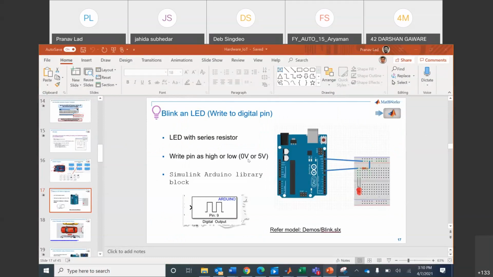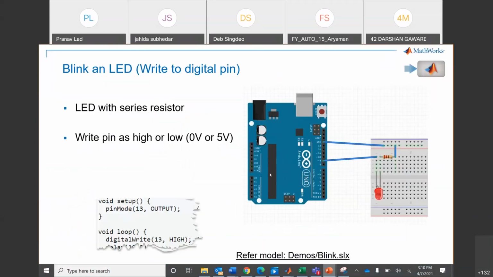So this is the first demo that we talked about. We want to blink an LED in a certain fashion, in some pulses, right? Those people who have already worked on Arduino must have written these sorts of scripts in some software, these lines of code to make this happen, like blinking an LED in a certain fashion.